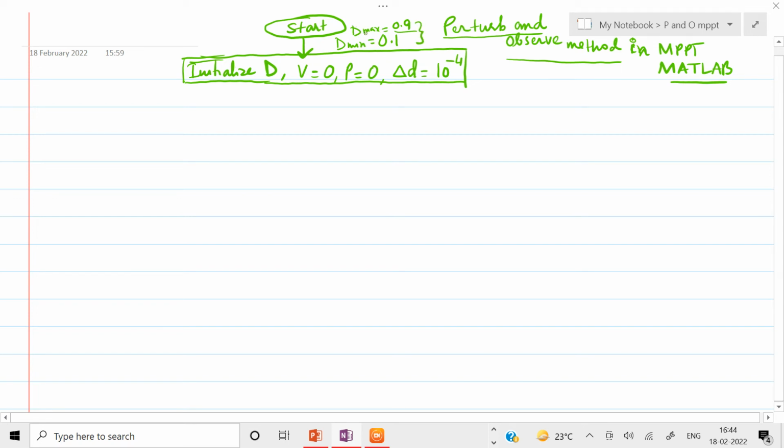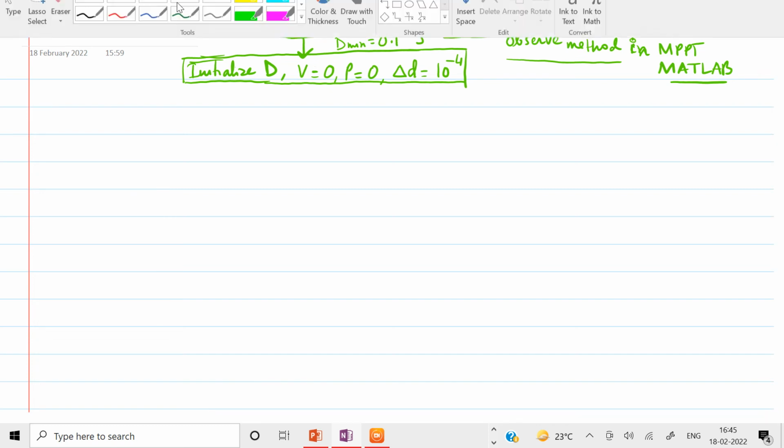So we will take this limit and force it on the controller, so that whenever it exceeds the value of Dmax, it is brought back to 0.9, and whenever it comes below 0.1, it is brought to 0.1 again. Okay,